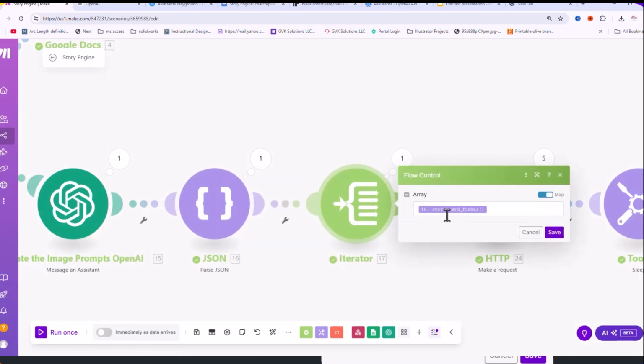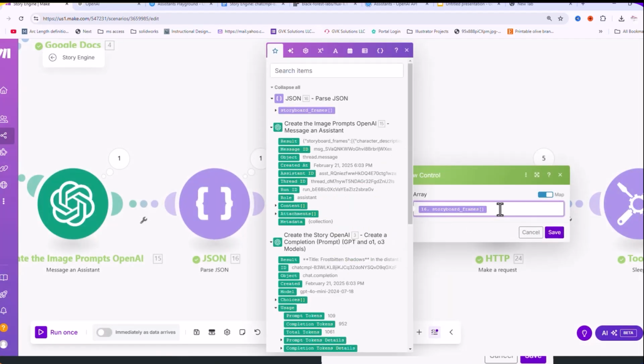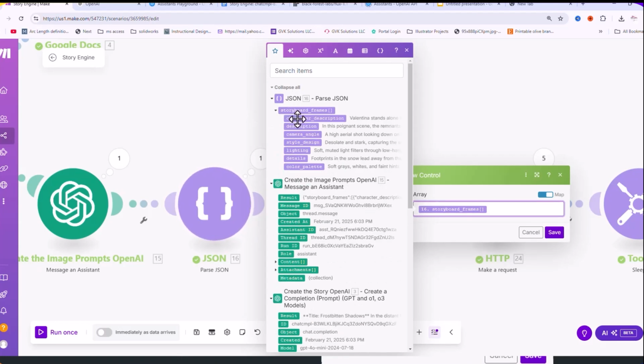And the iterator is getting the storyboard. So you can see that right here from our JSON is just iterating through the storyboards. And the storyboards have the character descriptions, all of these. So if you want to iterate through a single,